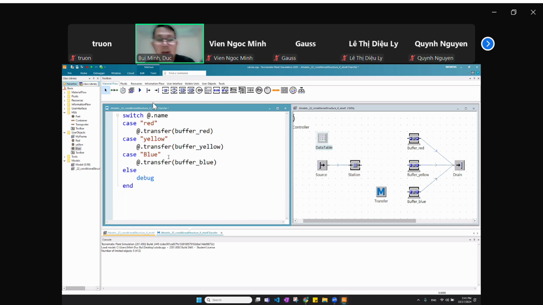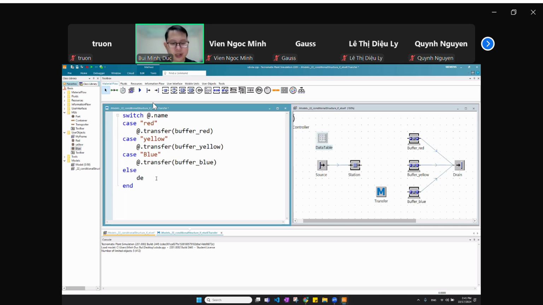It means that if not red, not yellow, not blue, something wrong happened in my system, and this is just for safety. Of course you don't really need it, but if you have to write 100 lines of code or 1,000 lines of code, it's good to foresee